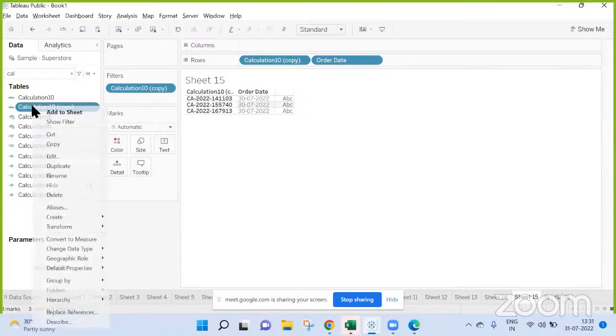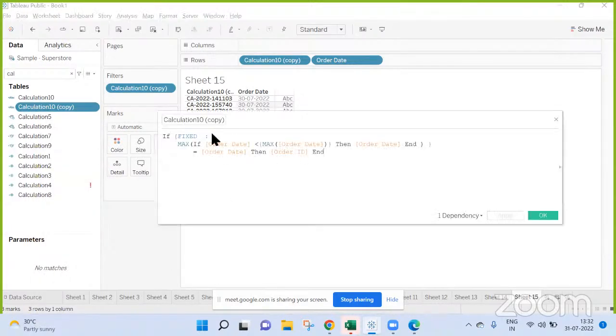Can you show me the calculation? See here, what am I doing? First I get the maximum, right? Now I'm getting order dates that are less than my max order date. Then I'm getting my order ID. Here you can use your meeting ID. I'm removing the max order date from the list, so I'm only getting the days before that. Of all that, I'm taking max again. I'm loading this in.